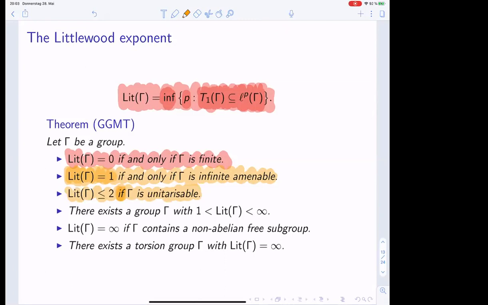Only the other direction is true. If it is unitarisable, then the Littlewood exponent is bounded by 2 and then has to lie somewhere in between 1 and 2. And we don't know exactly where it is at the moment. So what I think is